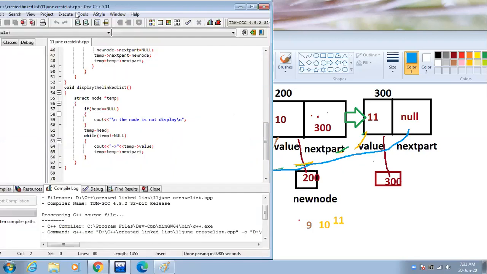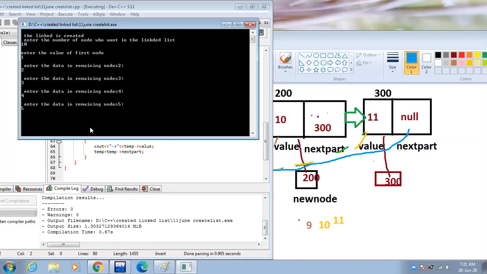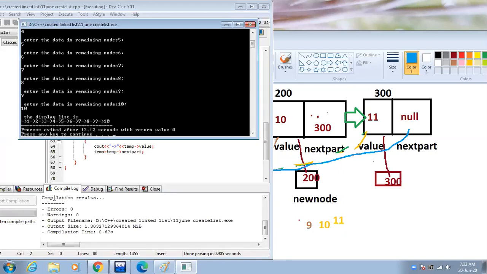And again, we enter the value of 10 nodes. First 1, 2, 3, 4, 5th, 6th, 7th, 8th, 9th, 10th. Our linked list is created successfully.